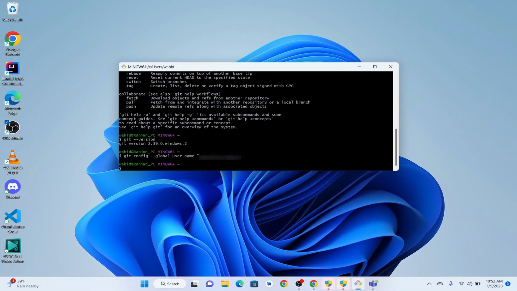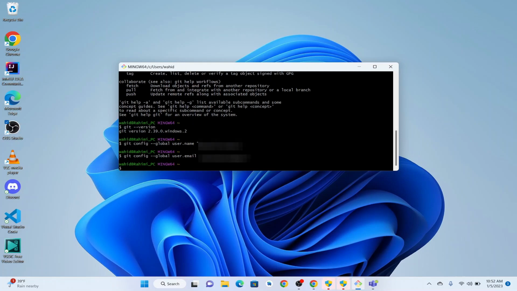Then we are going to configure our email. We write git config --global user.email, and inside the double quotes we provide our email address. Our Git is configured